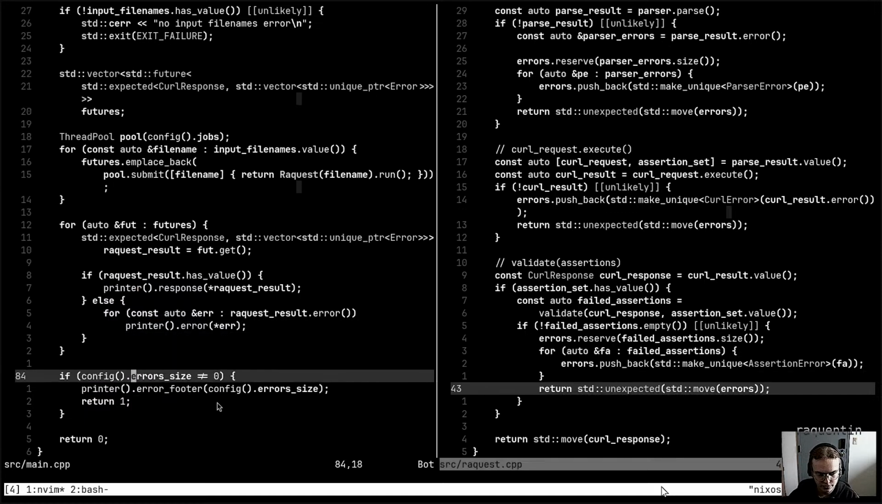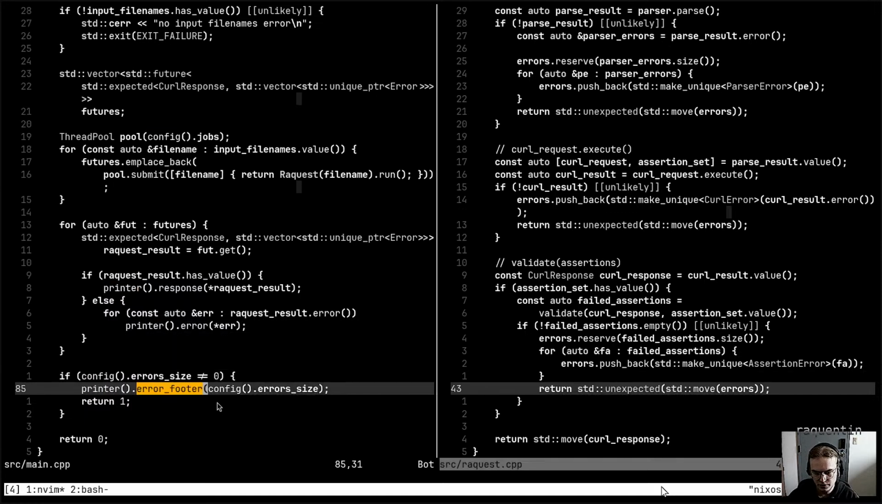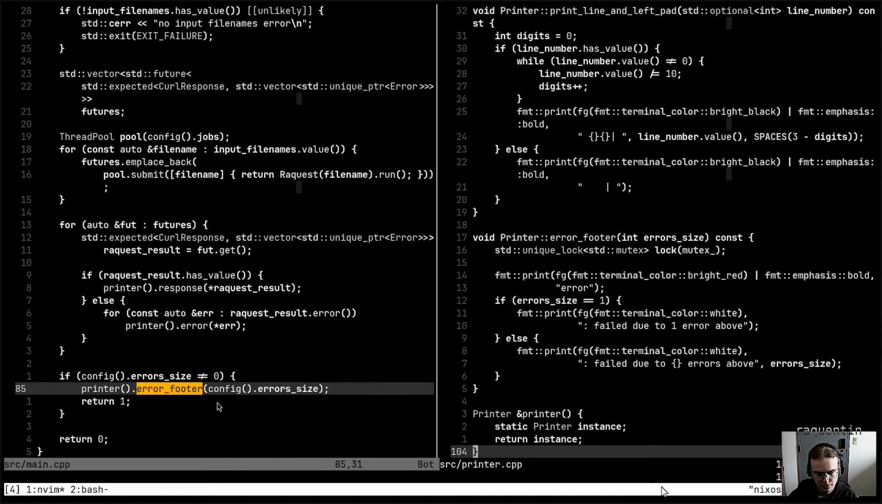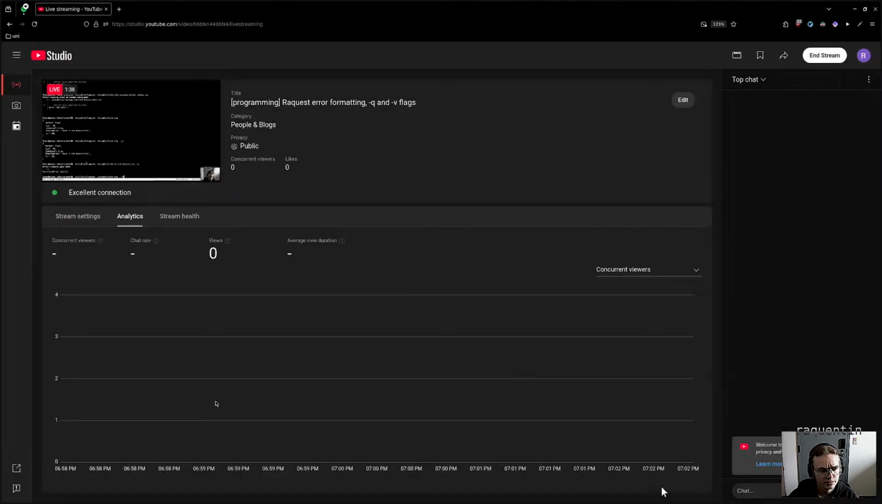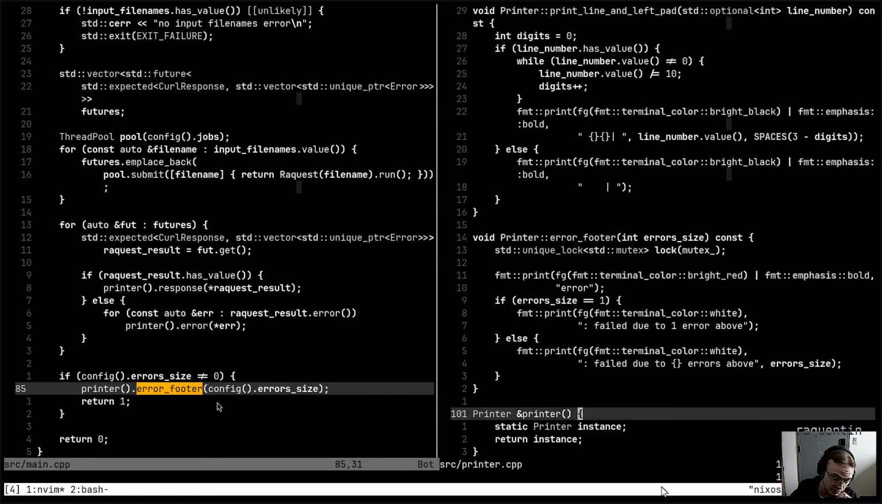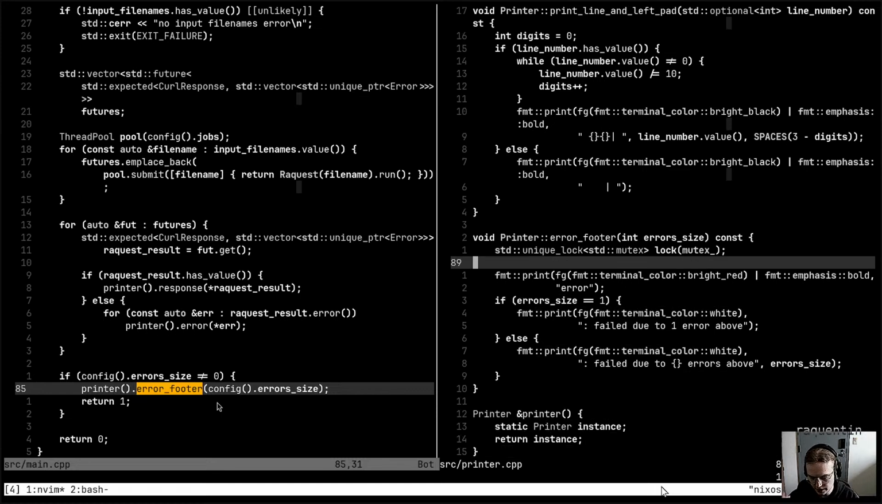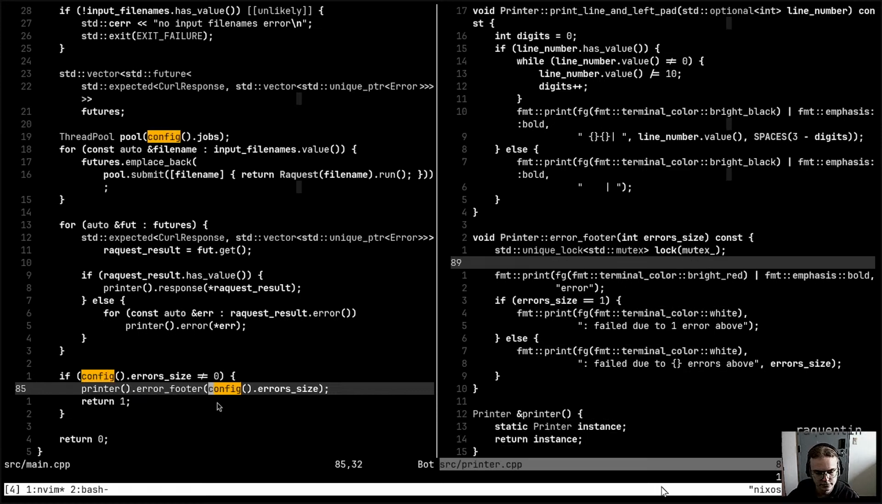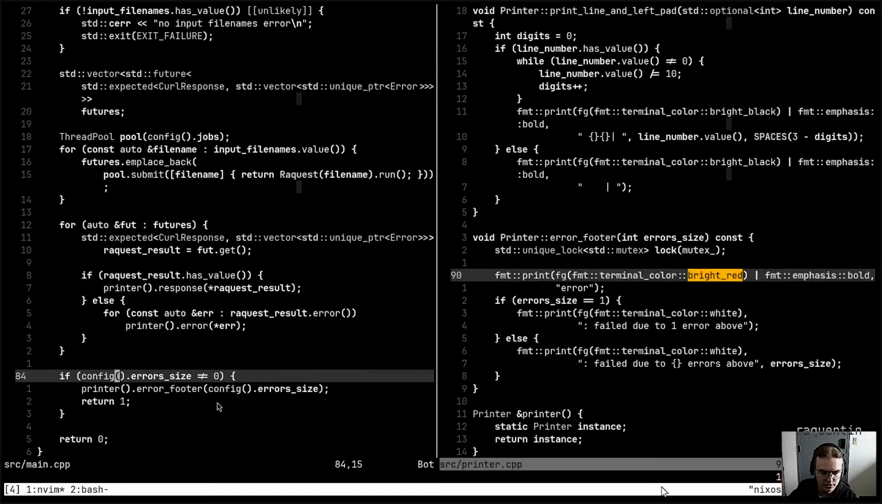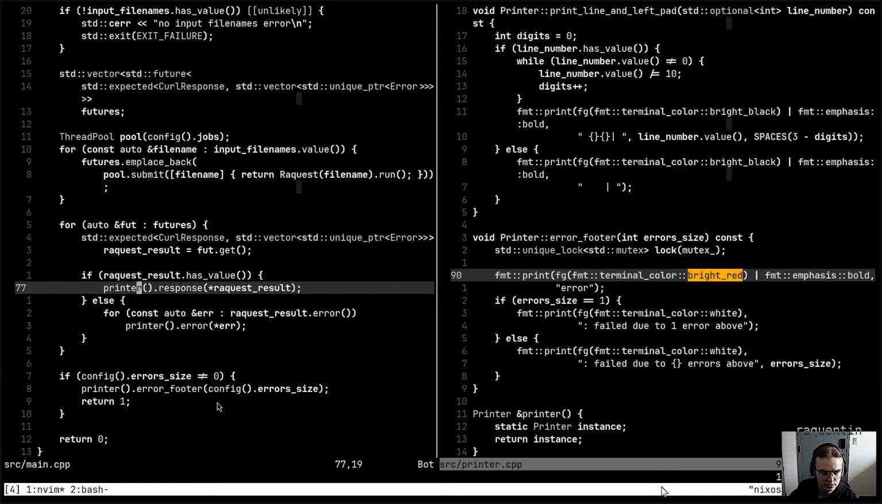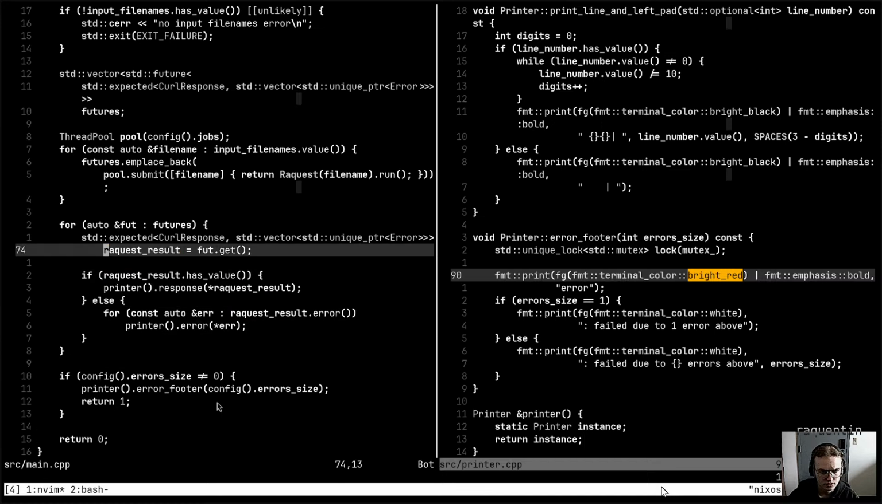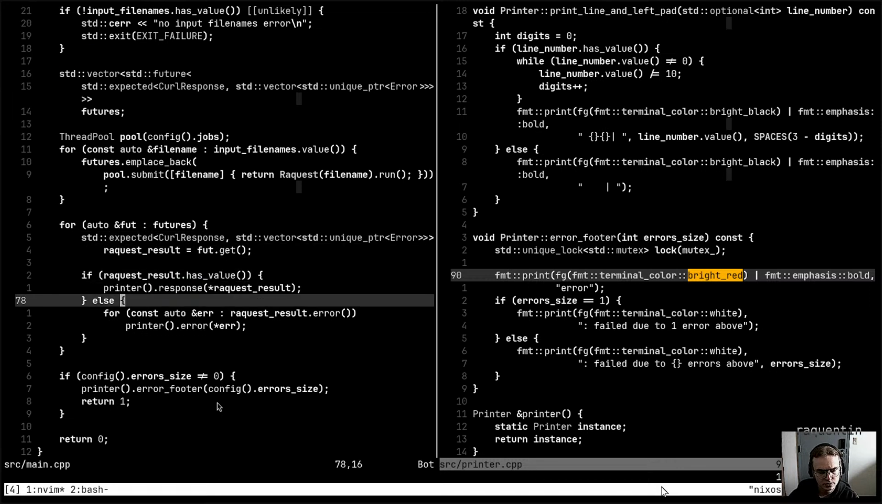Currently I have an error where I'm not printing this error footer, but I wanted it. What I wanted with this footer is that it would print, oh, failed due to n errors above, where n is the number of errors that occurred. But I think I'm never actually updating the errors size. So let's see. Each one of these, so I think we just need